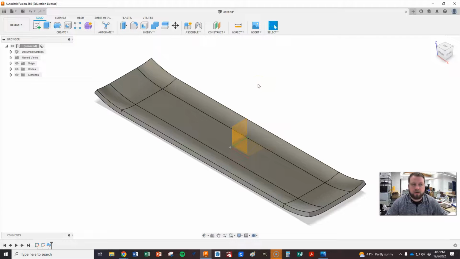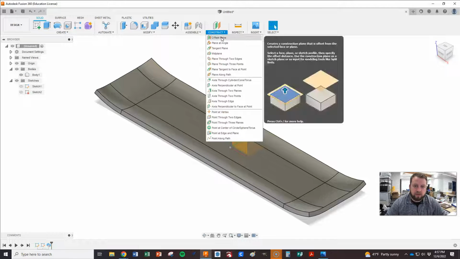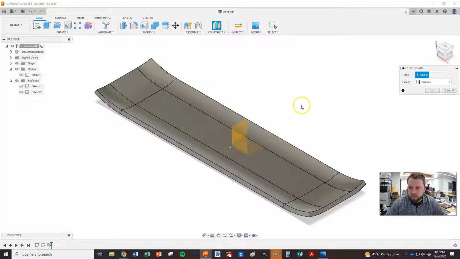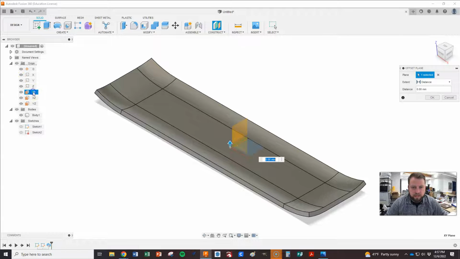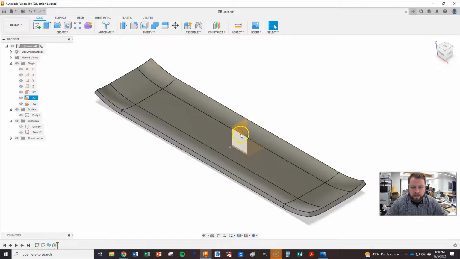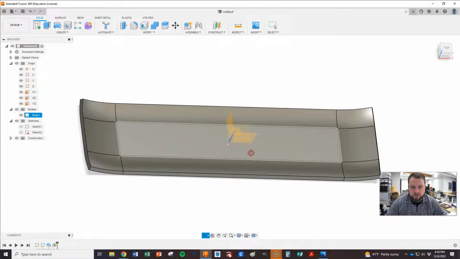So let's head back to our Fusion drawing here. And the first thing you should be thinking now is, okay, where do I draw it, right? Do we just draw it on the top? Oh, you could. What we're going to do, though, is construct an offset plane. I'd like to just use that top plane. So I'm going to bring this down and I'm going to hover over the XY. I'm going to click that. So it's parallel to this. And we want it to be up above it, 50 millimeters. Okay? And then that's going to be the plane in which we